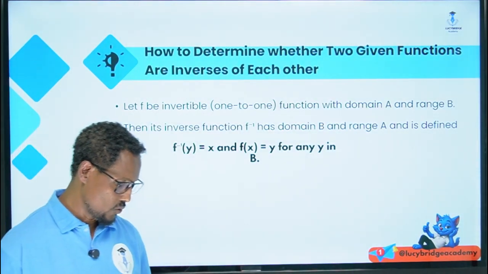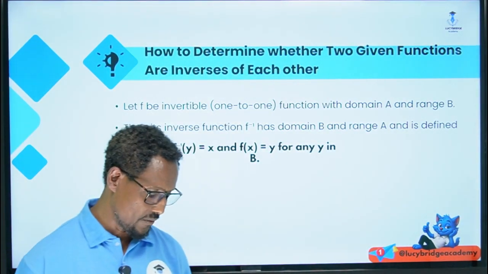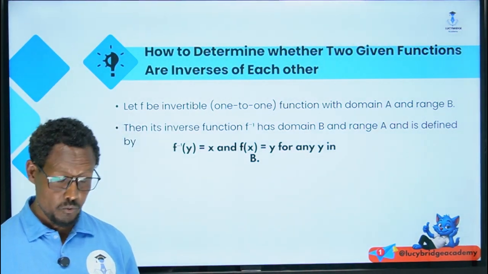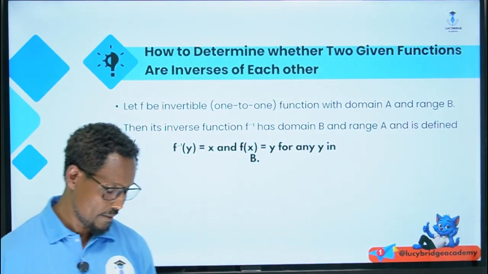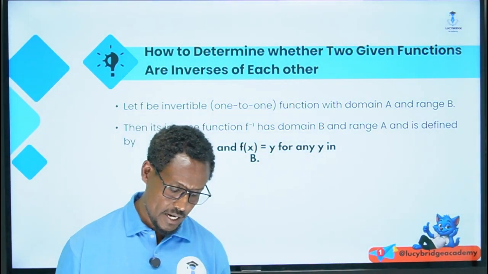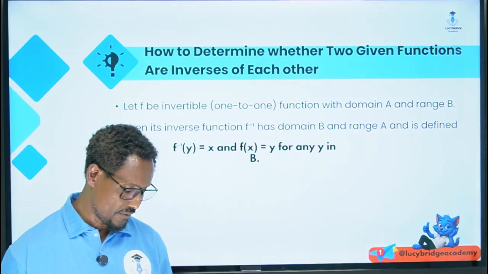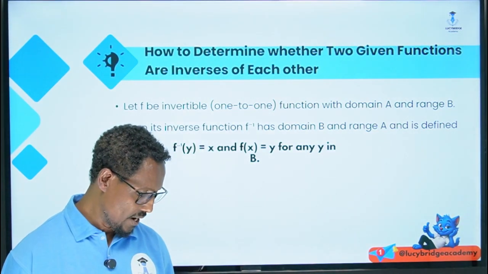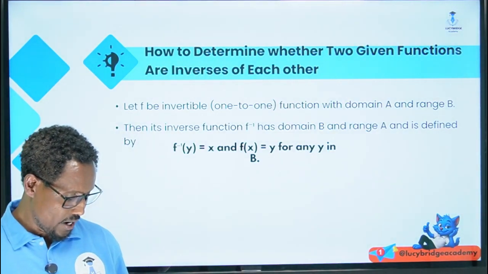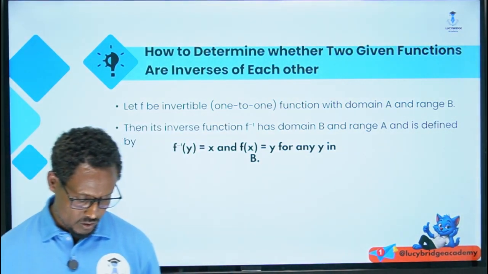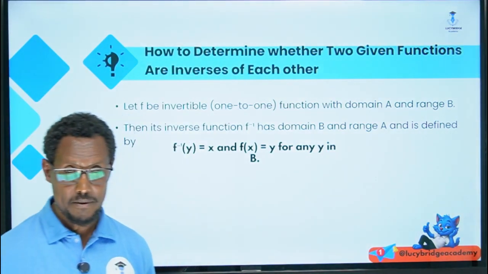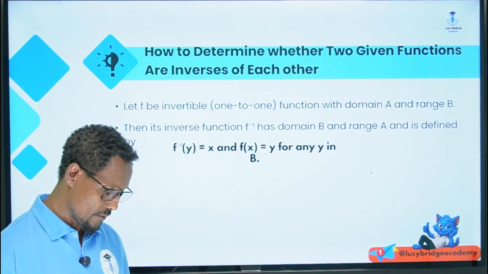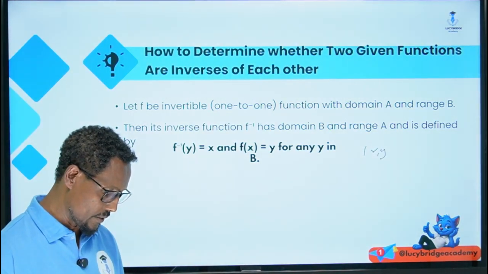Okay, next, how to determine whether two given functions are inverses of each other. Now let f be invertible, which means one to one function, with domain A and range B. Then its inverse function f inverse has domain B and range A and is defined by f inverse of y equal to x and f of x equal to y for any y in B. Yes, we have seen this in our last session. Okay, for example, if (x, y) is an element of